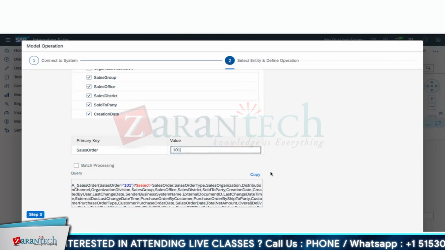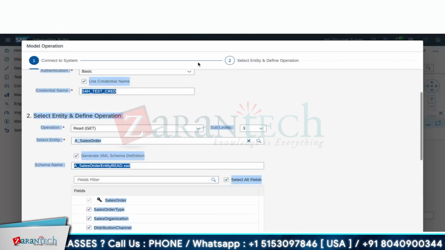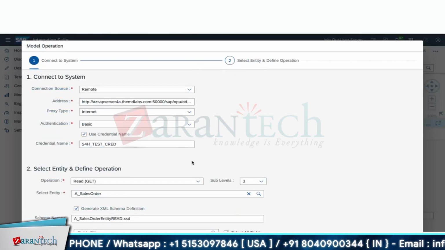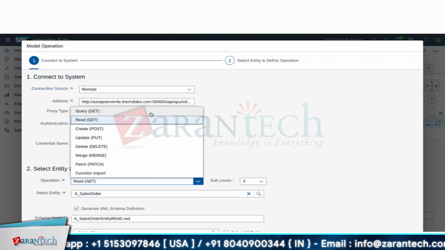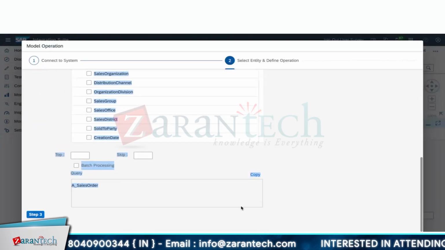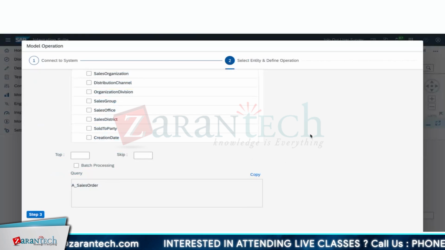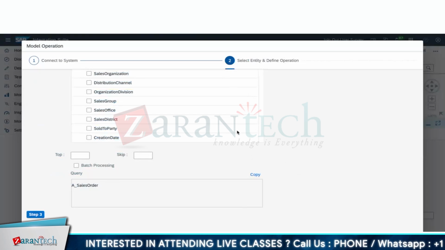I'm not sure whether this order is available, but let's give it a try. This is with the read operation. But when you select the query operation, it's just free-form. Directly you can do it, and this will bring all the orders that are available in the system.